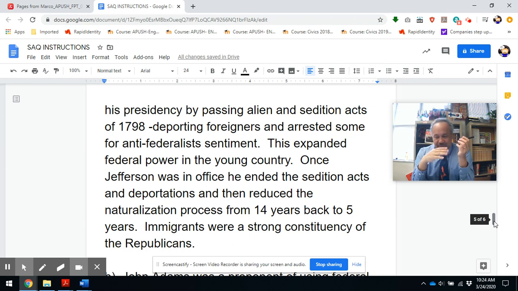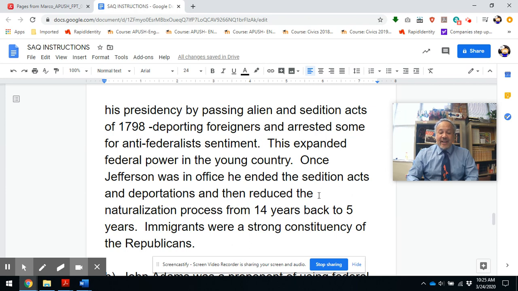The Democratic Republicans, you've got Jefferson, and you've got James Madison, who's kind of a converted Republican here, representing state power. They want a weak central government, and a more pro-French side too. So that should run through your head. Once Jefferson was in office, he did, and again, we're talking about the differences here.